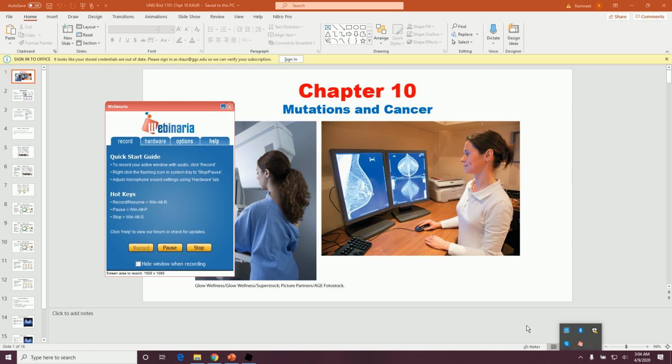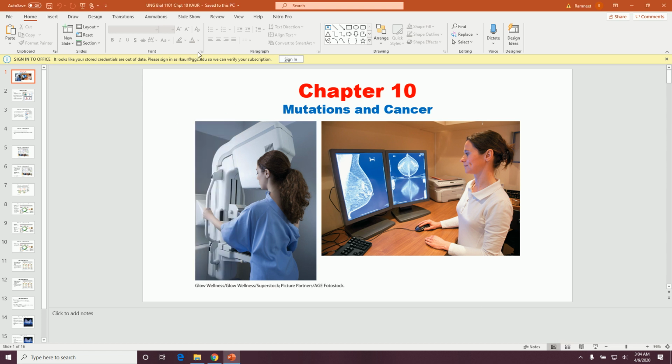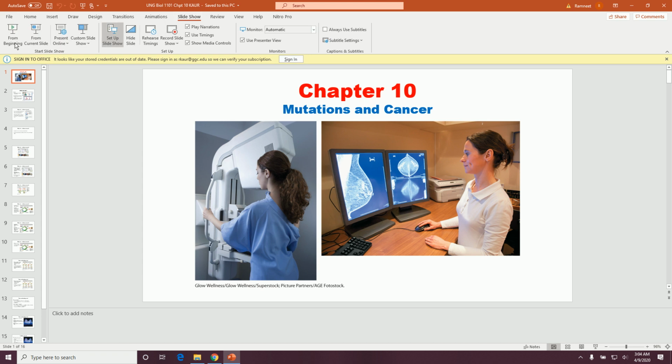We are going to discuss chapter number 10 now. Chapter number 10 is basically about mutations and cancer. We have discussed a lot of things before already because it's a course on cancer, but I'm going to go over some of the important things. You have already understood what cancer disease is and how mutations are responsible for causing cancer, and you